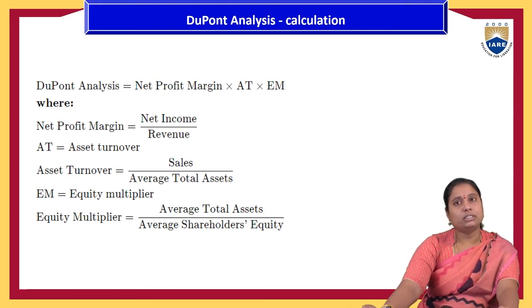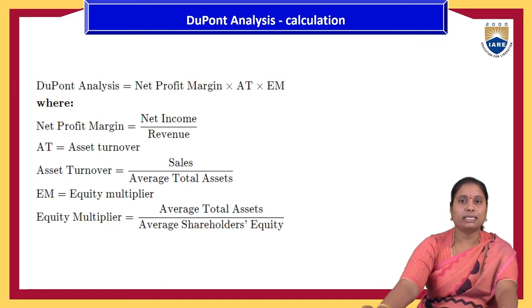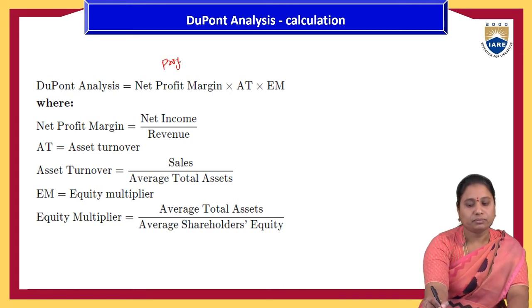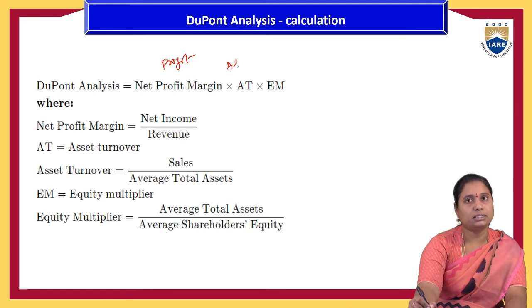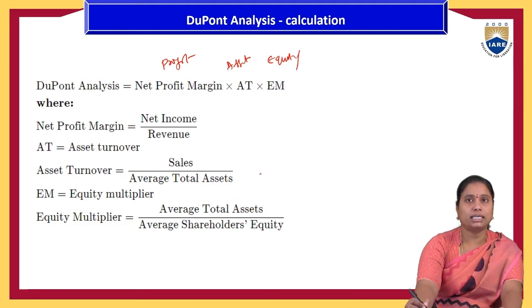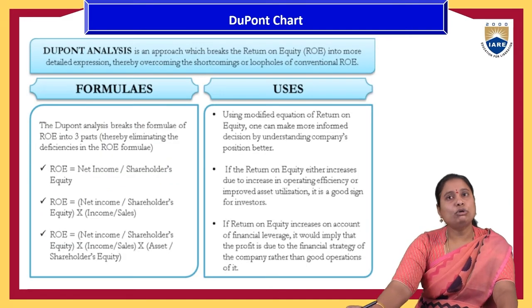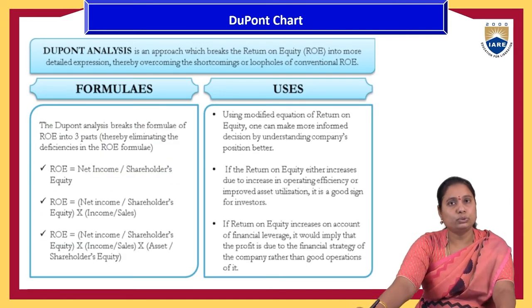Into earnings margin is going to be equity multiplication, or the earnings margin is going to be calculated with the help of average total assets divided by average shareholders equity. So why have we taken all these elements into consideration? Out of their profits, what is the contribution of the assets and what is the contribution of the equity holder for the total beneficiary of the organization, because these are the key elements of the organization that are taken into consideration under the DuPont analysis calculation. So if we see this DuPont analysis chart, it's formulas and usages.